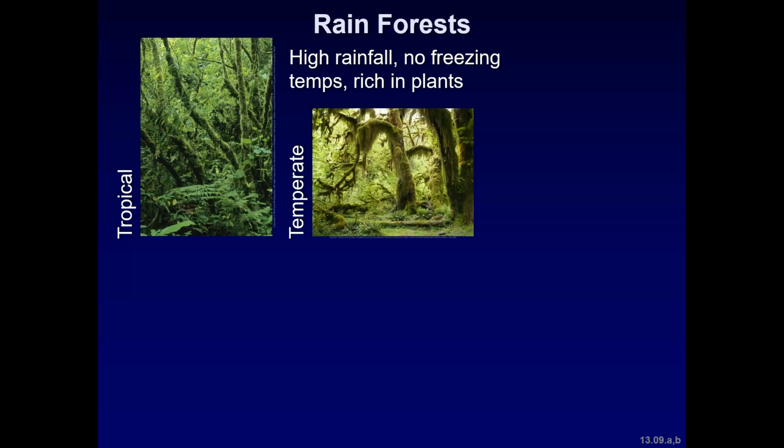This is Chapter 13, Climate, Weather, and Their Influences on Geology, Lecture 2. We left off on Lecture 1 with the causes of seasons on Earth, and we'll shift now to looking at rainforests. Rainforests are extremely lush environments. They are critical ecosystems because they contain more than half of the terrestrial life on Earth. And they have high rainfall, no freezing temperatures, a lot of plants.